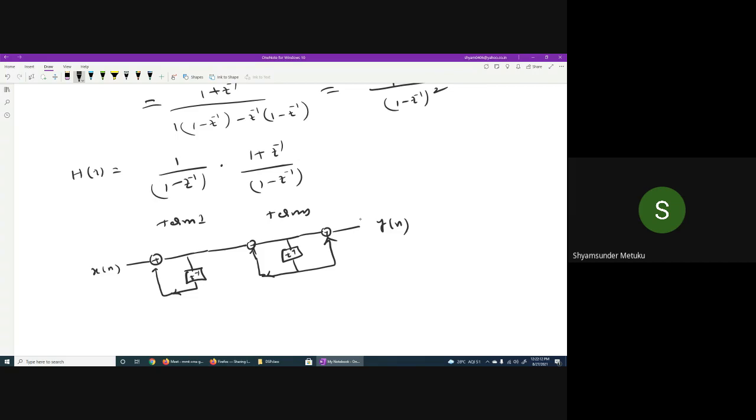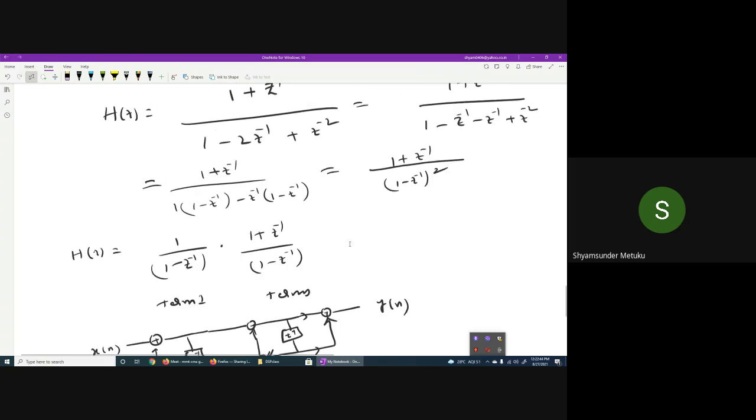See, in this case, both numerator and denominator have some Z inverse terms. So feed forward and feedback both will be available. The term 1 has no numerator term, right? Only 1 is there. That is the reason feed forward will not be available. As long as the Z terms are not there in the numerator, feed forward terms will not be available. Only the feedback terms are available. Whereas the second term, both numerator and denominator have a Z term, so you can have both feed forward and feedback. Now the question is what to multiply here.